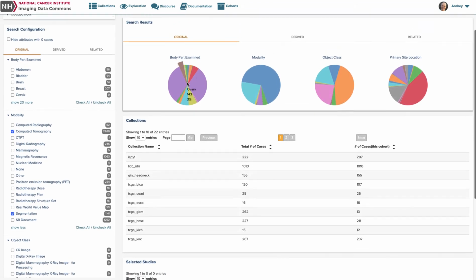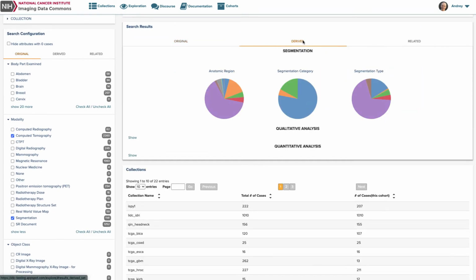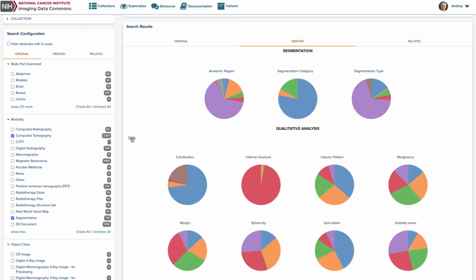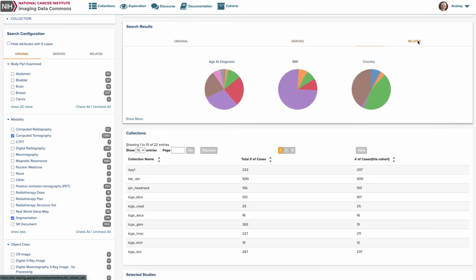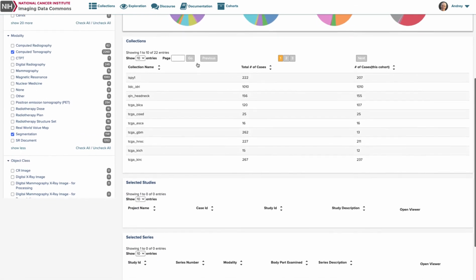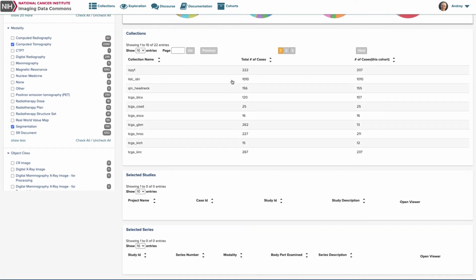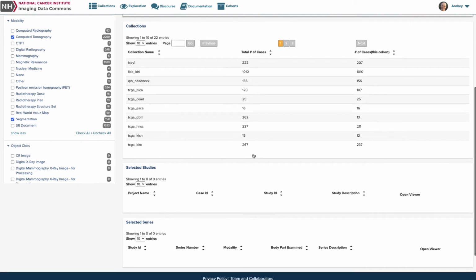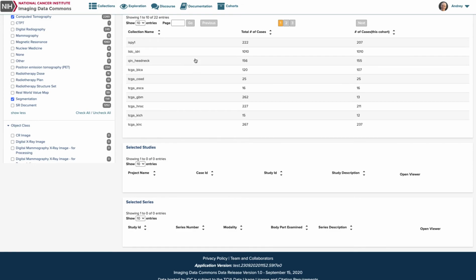So here again, you see the summary for the cohort. You will see those similar plots for all of the other tabs that we have here for the original, derived, and related data. Next, you will see the table that includes all of the collections that include cases that meet the search criteria. If I select a specific case,